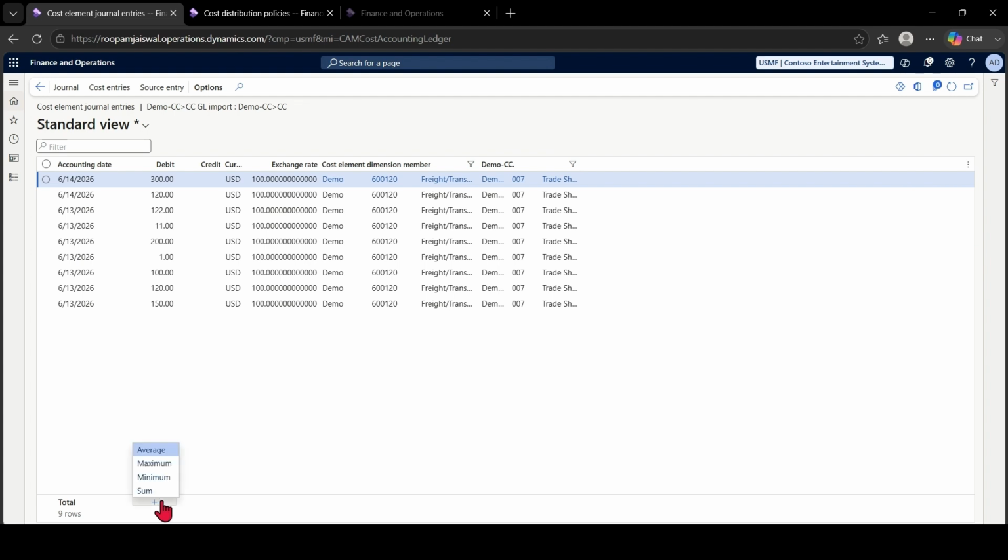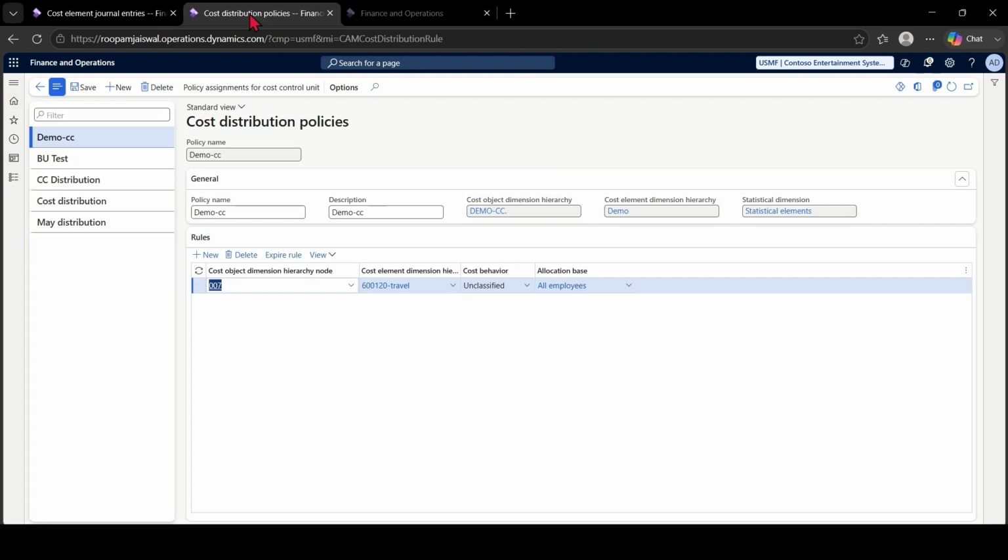Just see the value. 1124 is the total amount in this account, which is freight and transport, which is used by all the department people, but it is charged to 007. So proceed with the distribution policy, and then the policy assignment has happened.